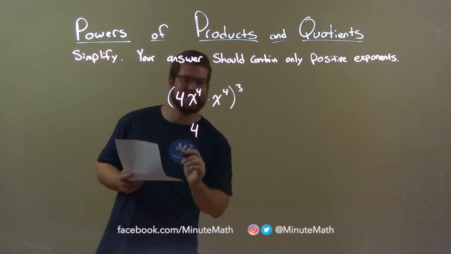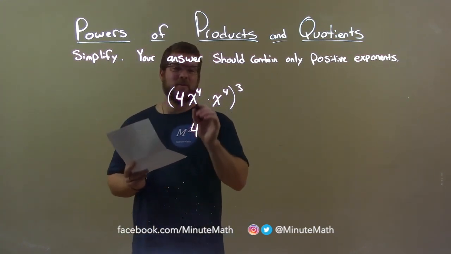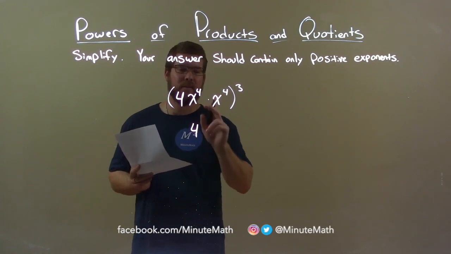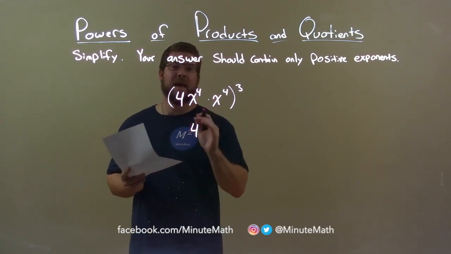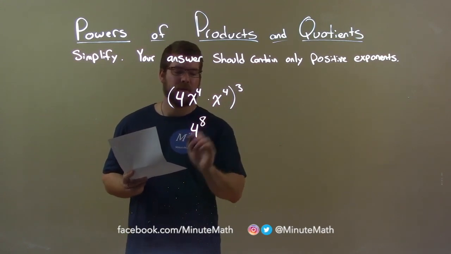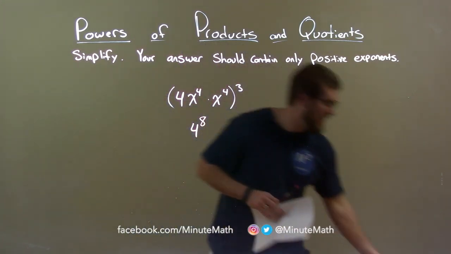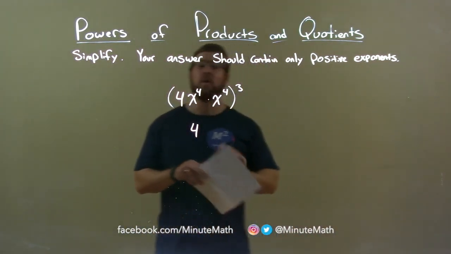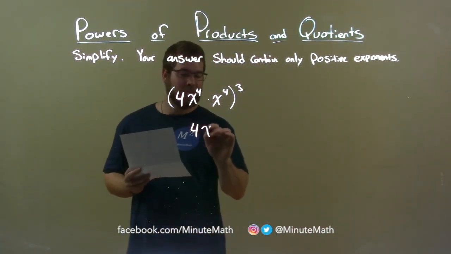I almost said 1. So now we have the variables, x to the fourth times x to the fourth. They are the same base of x's, and they're being multiplied. That means we add the exponents. 4 plus 4 is 8. Oh, 8 for x. Whoops. I forgot to put the variable x there. Hey, we all make mistakes. It's okay. x to the 8th